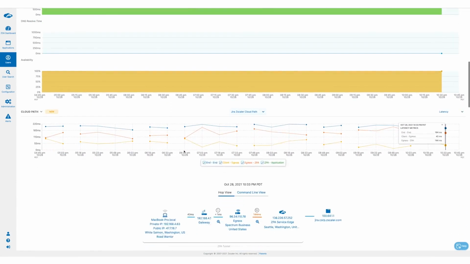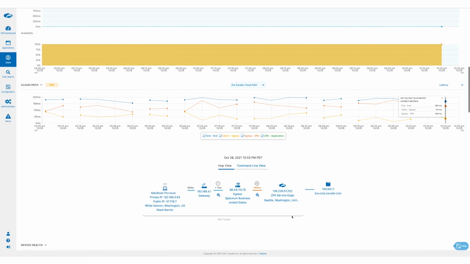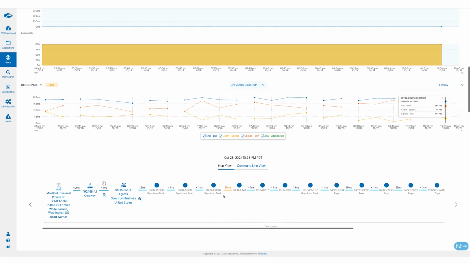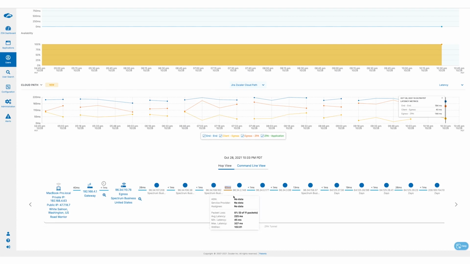And why is that? Well, when we come to the new cloud path, we can see the full path, and clearly here in yellow, we are already seeing where the high latency is happening. It's between their egress, in this case Spectrum, to the CPA service edge. There is a little bit of latency on the Wi-Fi that we could also analyze. Remember, we have a lot of data there, but in this case, it easily explains why the performance for this user is not as good as the previous user. And if I expand here in the Spectrum, you can see a hop of 60 milliseconds, another one 26, etc., etc.